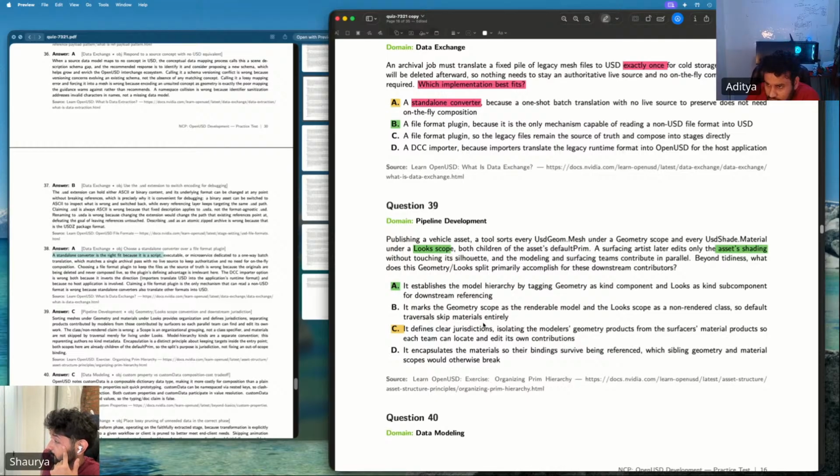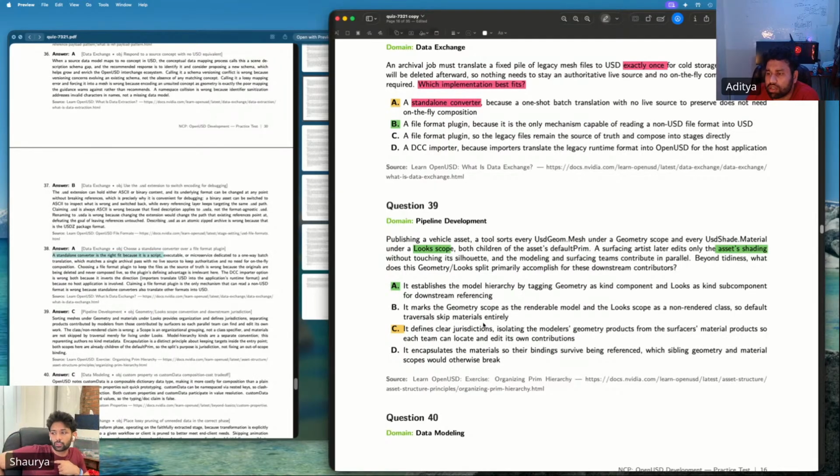Looks as a kind of component defines clear jurisdiction, isolating the model geometry. I don't know, for some reason I thought it was more about the model kind component thing. That's why I went with this for some reason. It defines clear jurisdiction, isolating the model geometry products. In pipeline development, the main focus of OpenUSD and its documentation is mainly to divide jurisdiction for different layers of the asset and different teams.